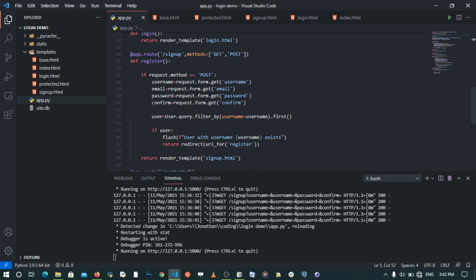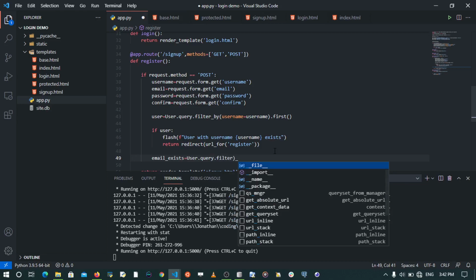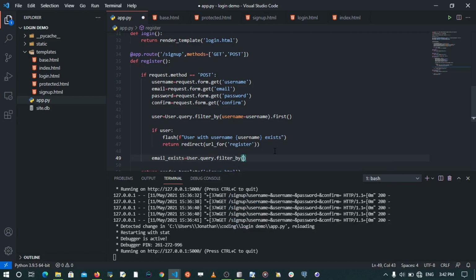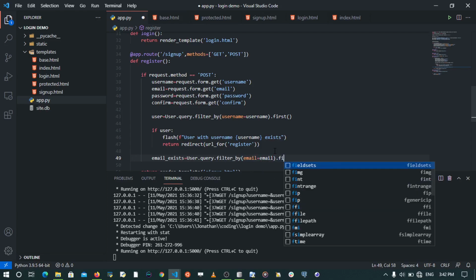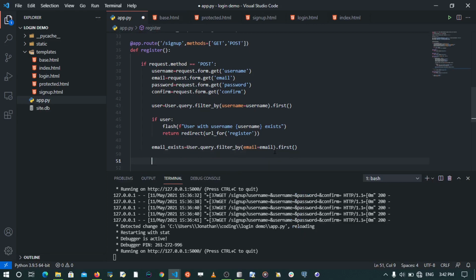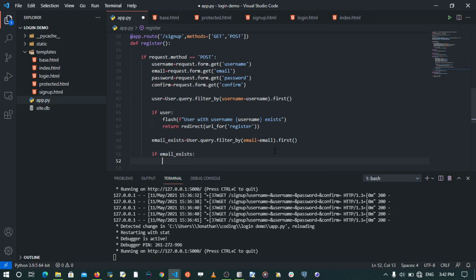And so we have been able to check some validation here. To continue with this, we also want to check if a user with an email like that exists. So I'm going to create a variable called email exists. It's going to be similar to the first one. So I'm going to say user.query.filter_by, and in this case, you're going to filter by email. So if email is equal to the email from the front end, we want to get the first user of that email. And then if that email exists, we would also want to do the